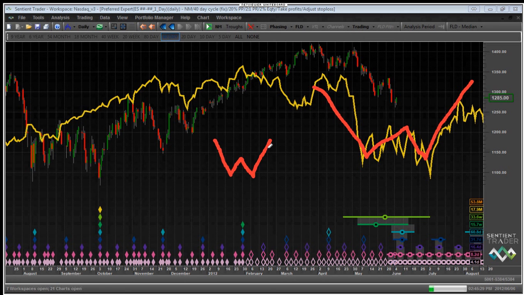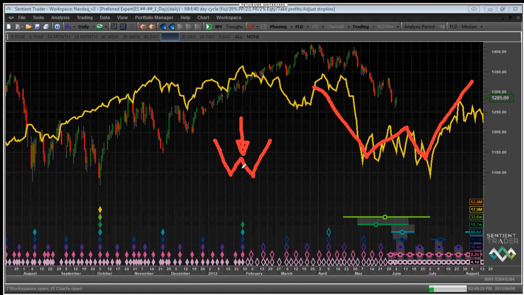And draw a line through the longer cycle FLD. And if you find a pattern like this, there we go, I've drawn it. If you find a pattern that looks like a W, there's the W. As you know, I'm very keen on shapes and cycles. If you find a pattern that looks like a W in your longer cycle FLD, then that peak in the